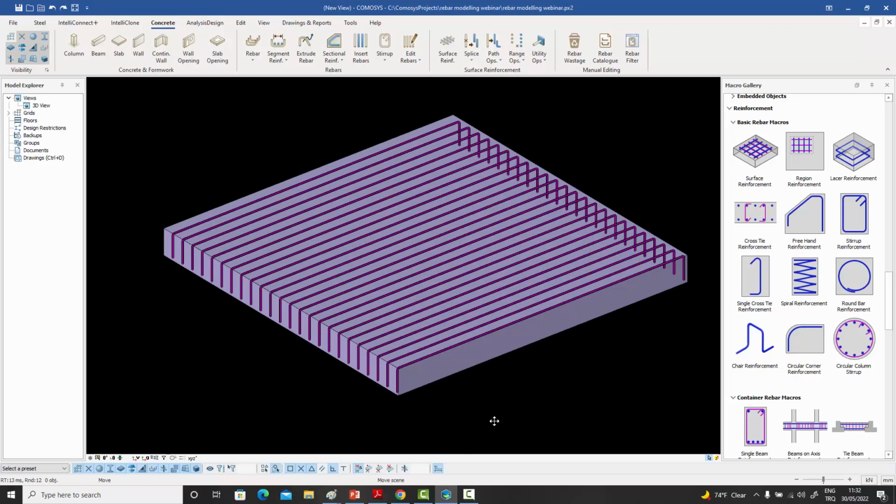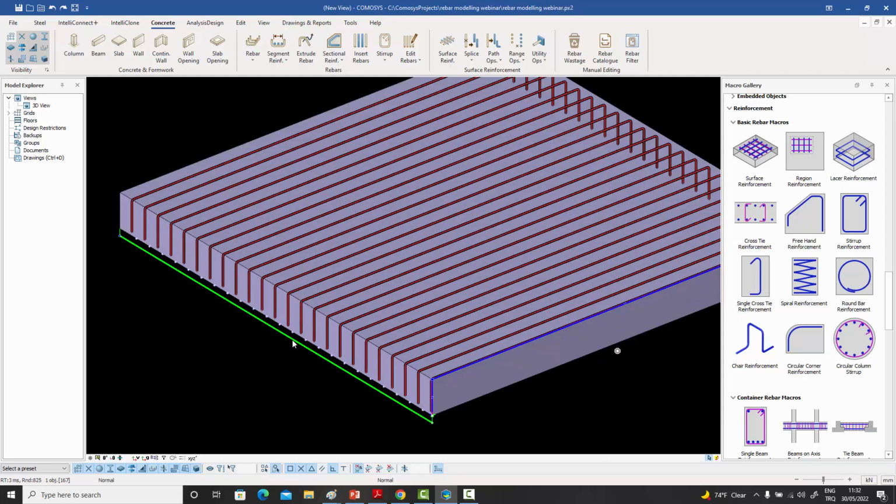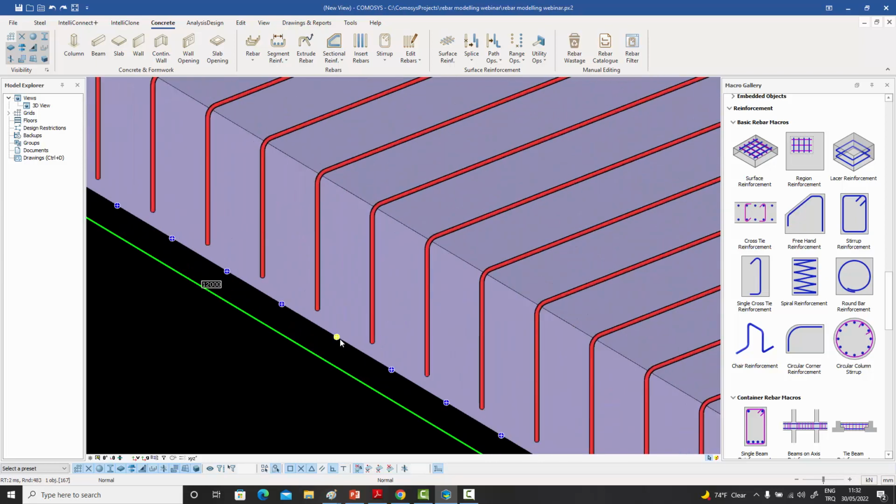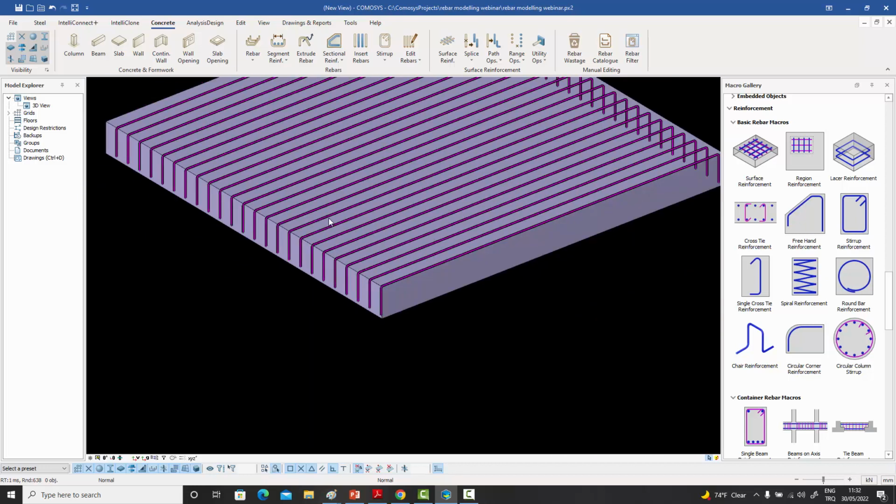Now, just like I could break the path by selecting a segment and then showing it any point, I can actually also break the range. So this bar was placed from this point to this point as a single ID. What I can do is I can just zoom in and just click on any one of these little plus signs. And when I do that, this little option appears and I can tell it to break at that point. What it will do is break the range from here to here